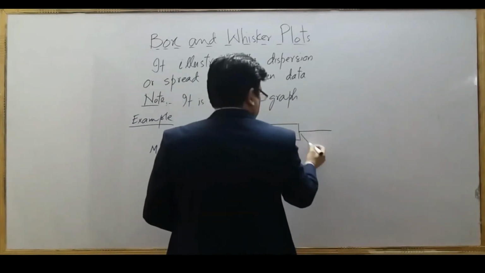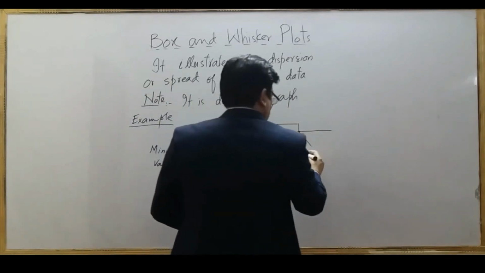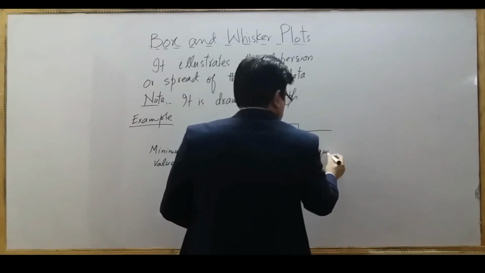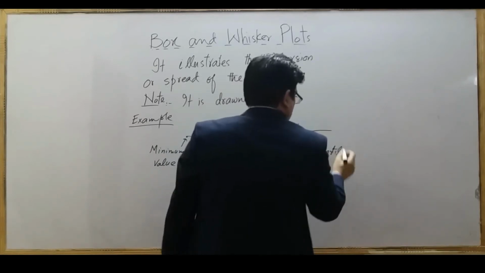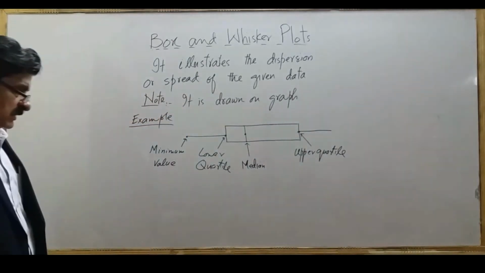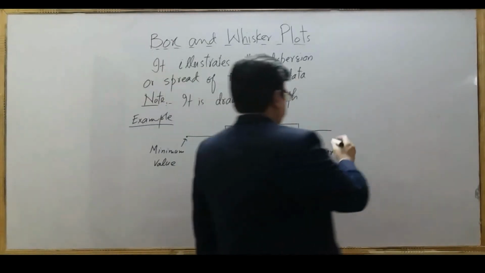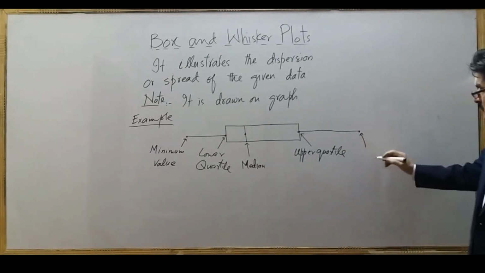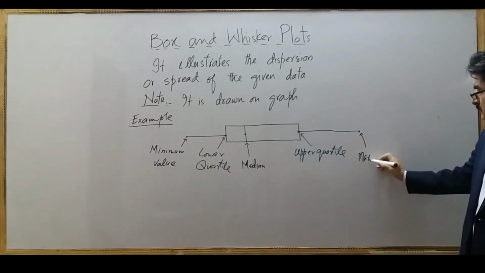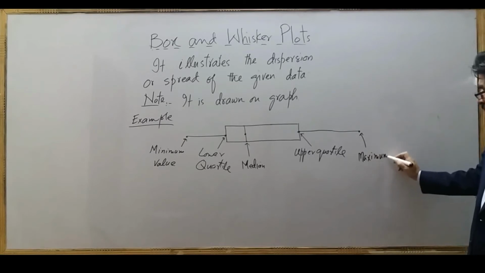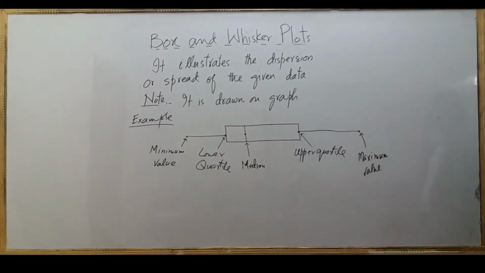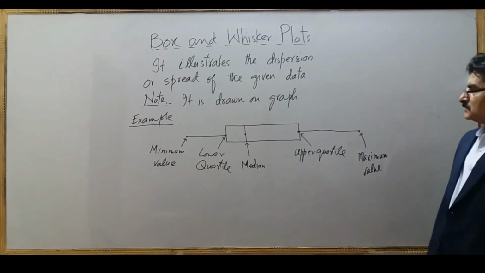Here you have this value, upper quartile, and then you have this value, the maximum value in the given data. So